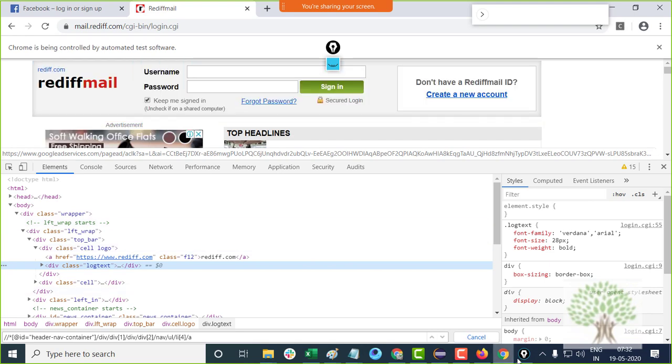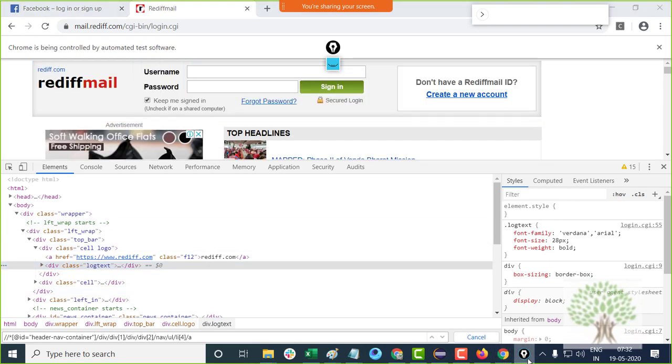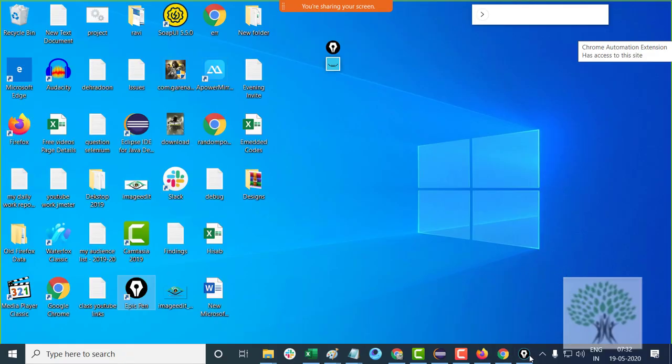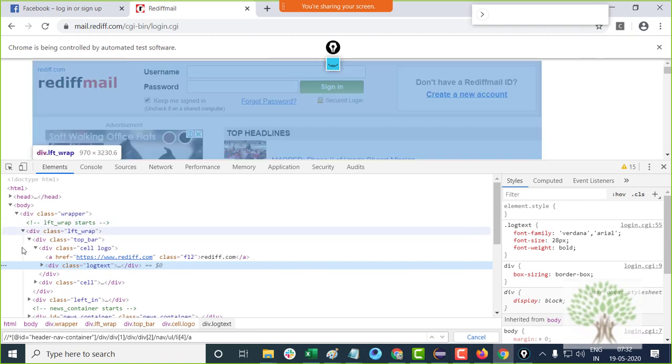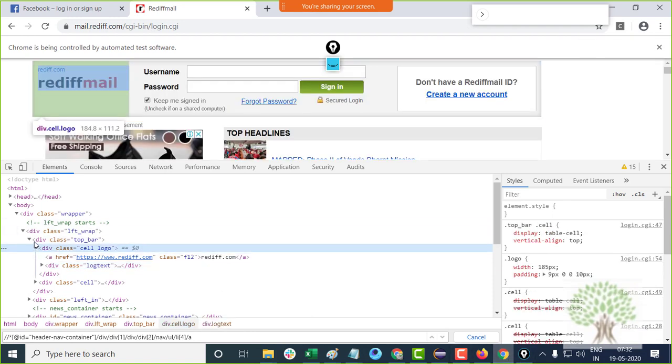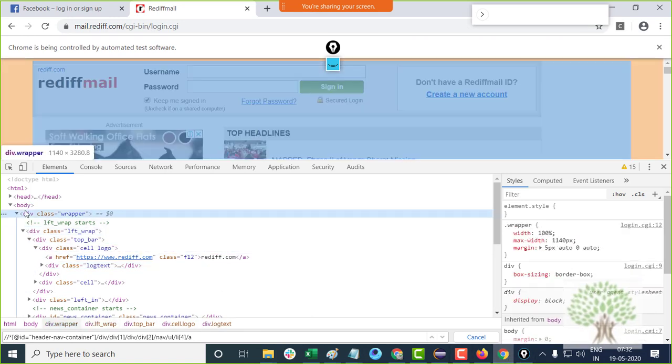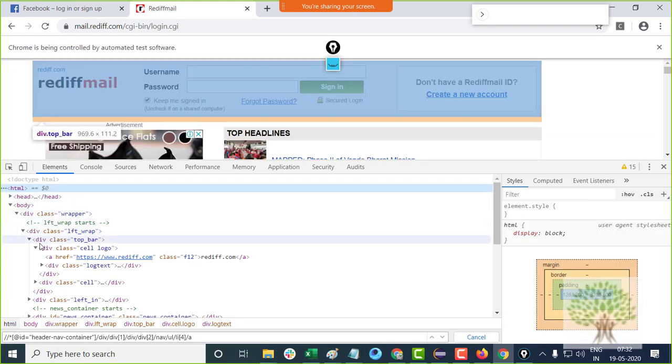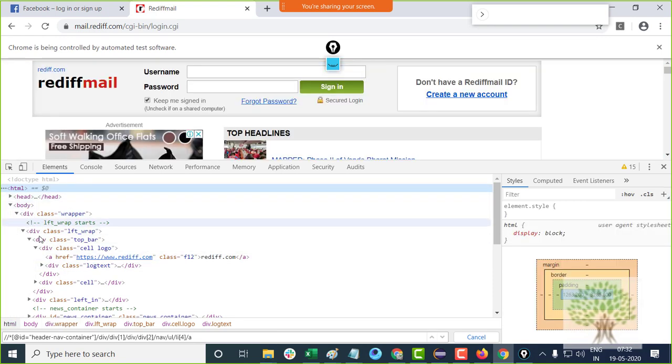Because what it does is that it traverses the complete hierarchy. Just a minute. It keeps on traversing from one tag to the other tag till the HTML tag, and it finds no element which has an ID.